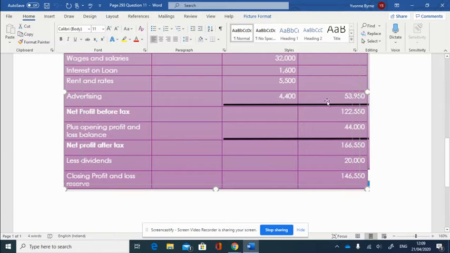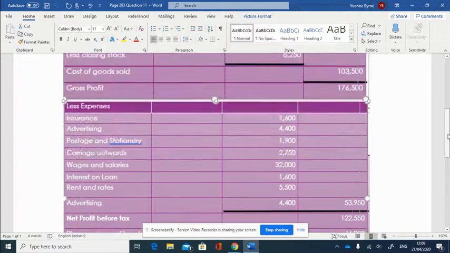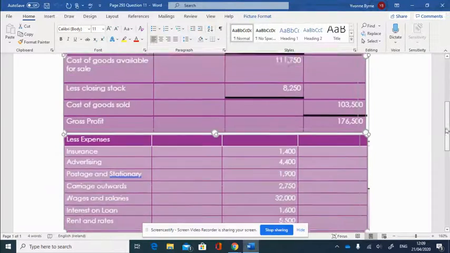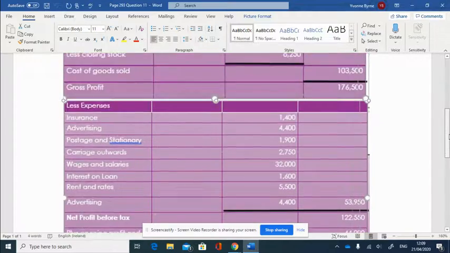Then you continue down, and net profit is your gross profit minus your expenses. Then you add in your tax and take away your dividends. Again, the layout is all there. If you have any questions, just let me know. That's the whole question put together. I'll see how you got on in answering it, and I'll